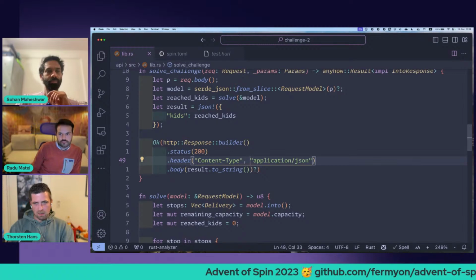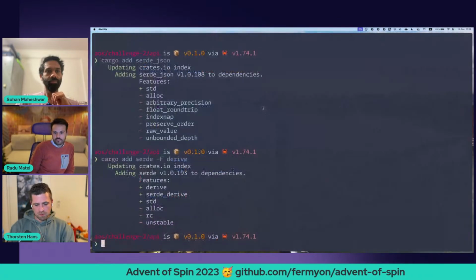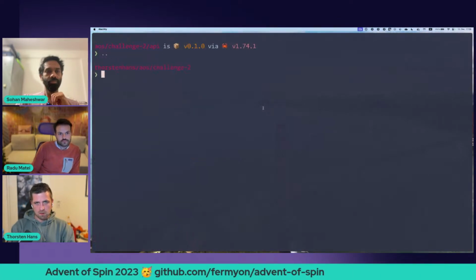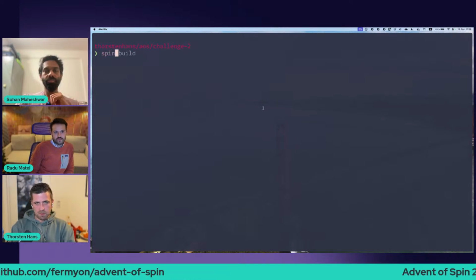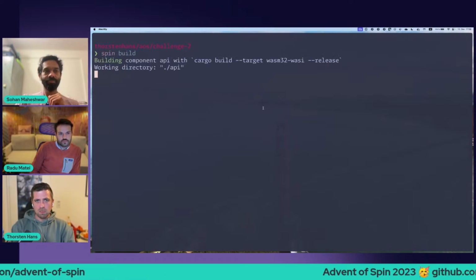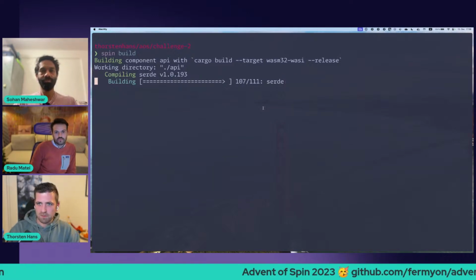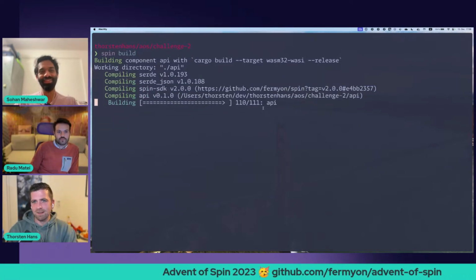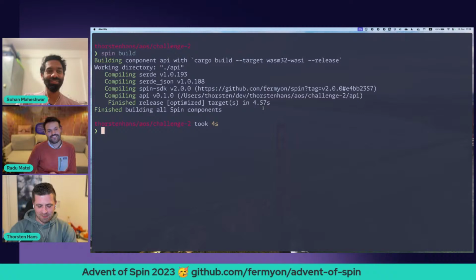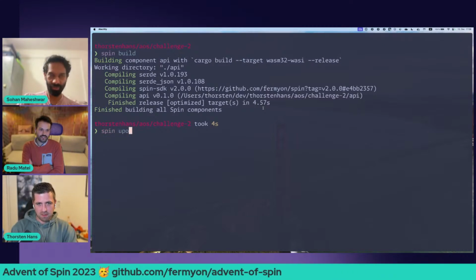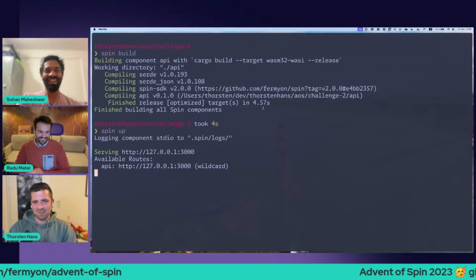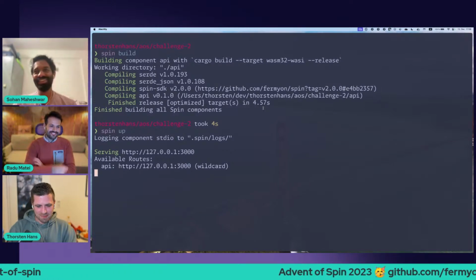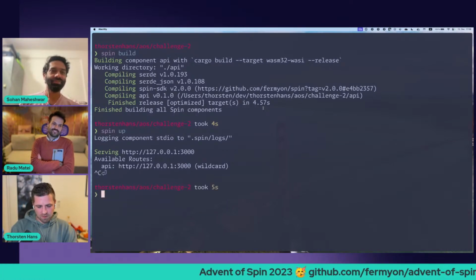So again, let's go to the terminal. Let's do so here with our spin.toml. Let's do a spin build to ensure Torsten didn't mess up the things on the last mile. That looks good, so we can do a spin up. No pressure, Torsten. No pressure. All good. We can do a spin up, but I forgot to start tmux, right?